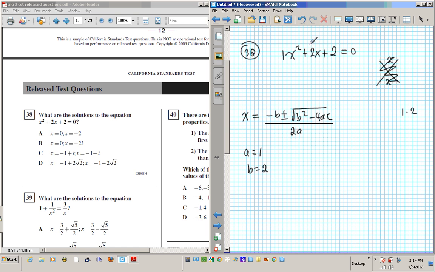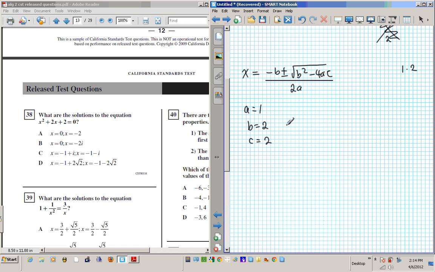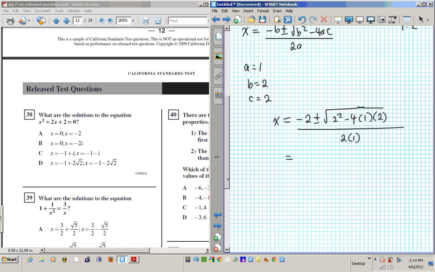Now in this problem, a is 1 because that is the coefficient of x squared. B is 2, that is the coefficient of x, and c is 2. Alright, we're going to plug in all these values, and then we're going to solve. So x is going to be negative 2 plus or minus the square root of b squared, 2 squared, minus 4 times ac, and then that whole business divided by 2a. And then it becomes minus 2 plus or minus the square root of 4 minus 4 times 2, which is 8,